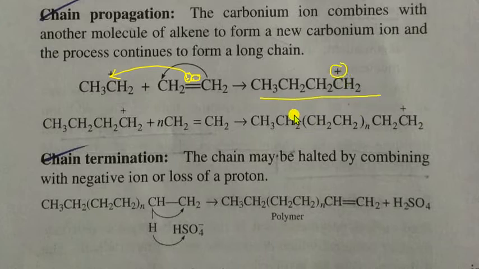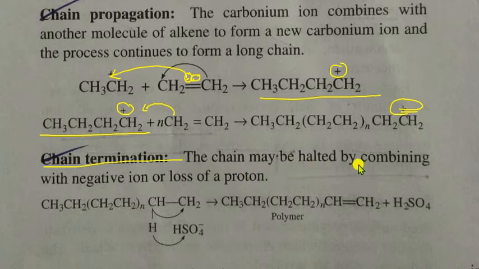So now the whole second monomer which has been attached with that is going to form a longer carbonium ion over here, right? Now see, that carbonium has the capability because it has the plus, right? So it will continuously react with the other monomers to make the chain keep moving on, but it has to be terminated at one point. We don't want the plus, that is we don't want the ion, we want the compound to be formed over there. So to terminate this reaction, this plus should be neutralized, so we need an electron over there.